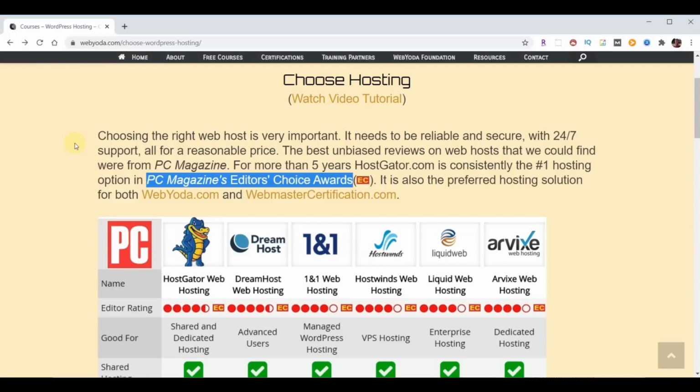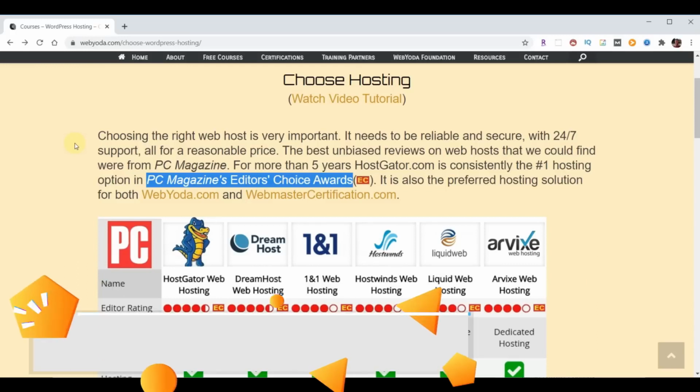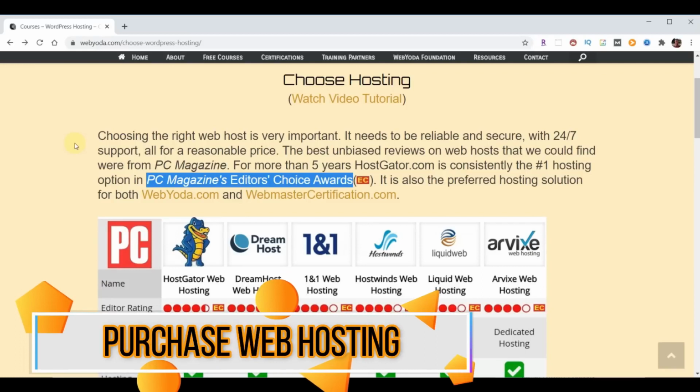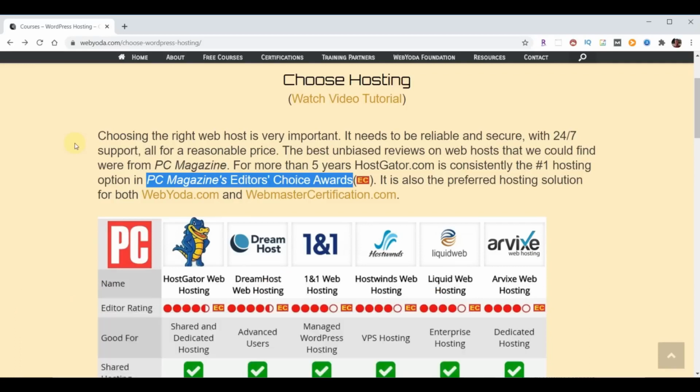I've personally been using HostGator for more than 3 years now. I host over 200 domains and websites with them. WebYoda also decided to go with HostGator for all their needs. In fact, WebYoda partnered with HostGator, and as part of that partnership, WebYoda students receive up to 75% off plus